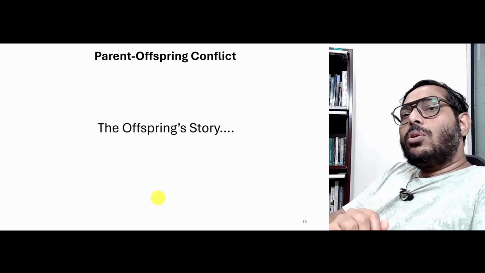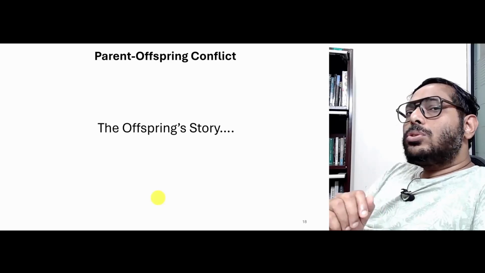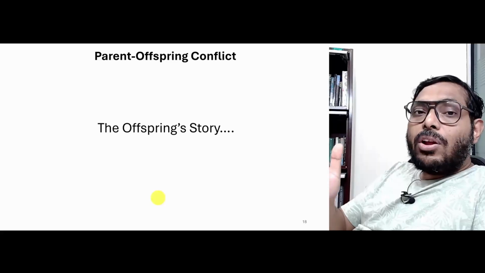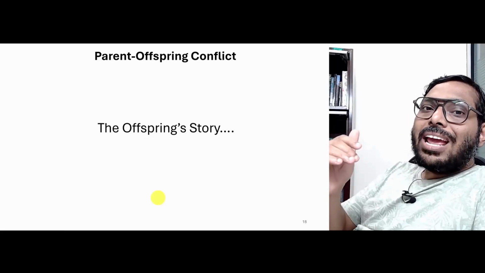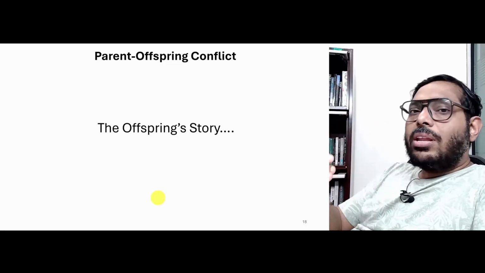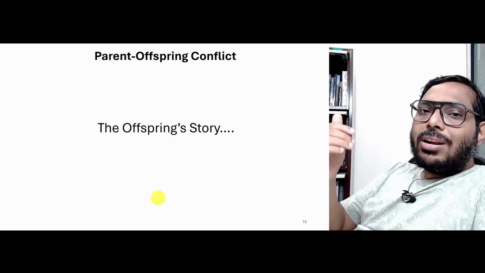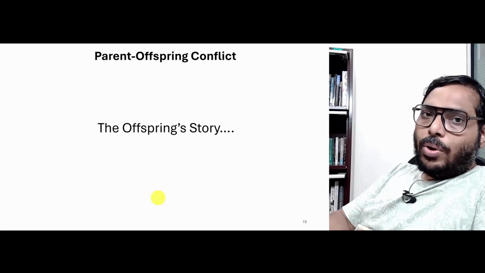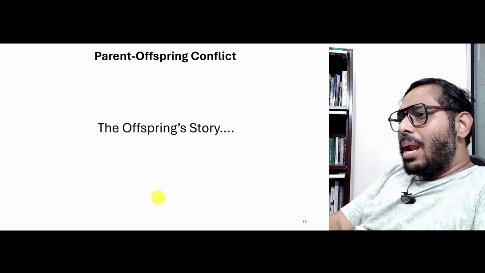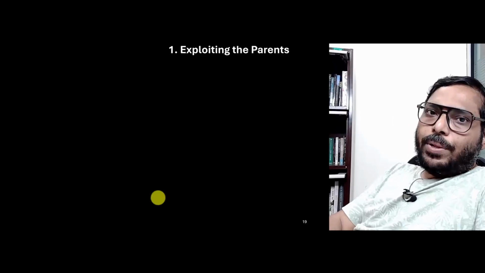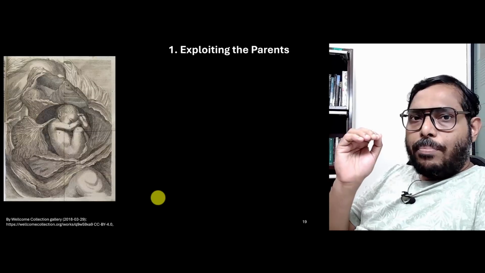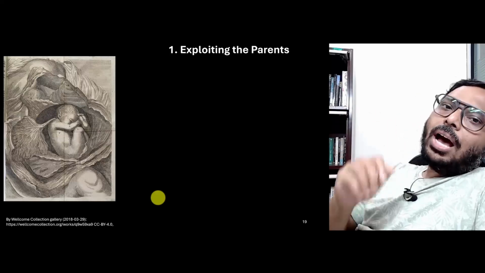Therefore, it turns out that the offspring also do not really sit idle. They have ended up evolving a large number of characters which can enhance their evolutionary success rate, even if the parents are not necessarily trying to help them, or even if it is conflicting with what the parent is trying to do. And perhaps the biggest example of exploiting the parents happens in mammals, particularly primates like us humans.